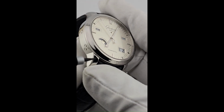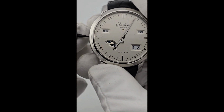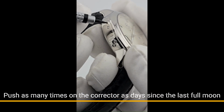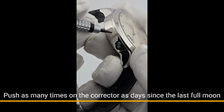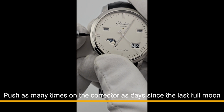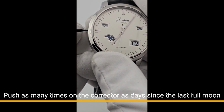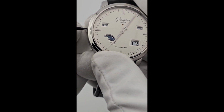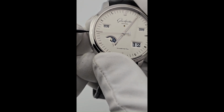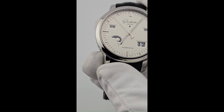That's all. Then you take your pin and your tool, go to your corrector and push 28 times. Okay, 1. I'm sorry, it's a little bit difficult while I'm looking at the screen, the watch and the camera at the same time. So again, 2, 3, 4, 5, 6, 7, 8, 9, 10, 11, 12, 13, 14, 15, 16, 17, 18, 19, 20, 21, 22, 23, 24, 25, 26, 27, 28. And that's exactly the moon phase for today,